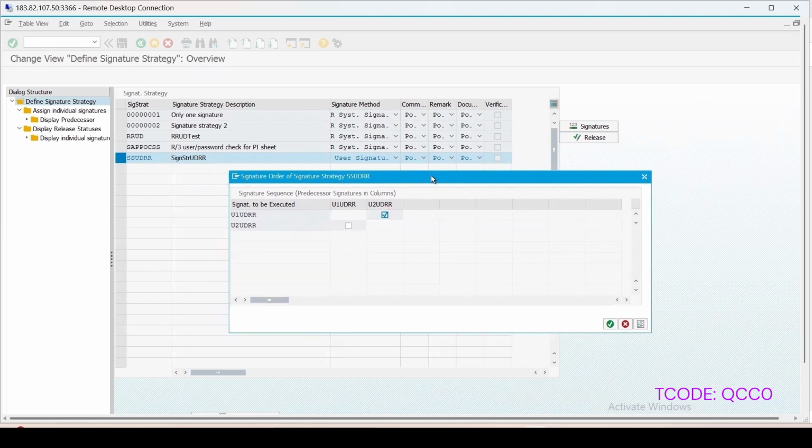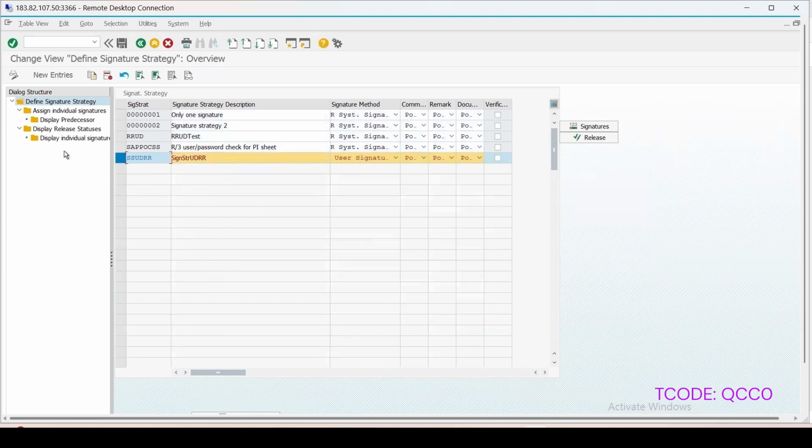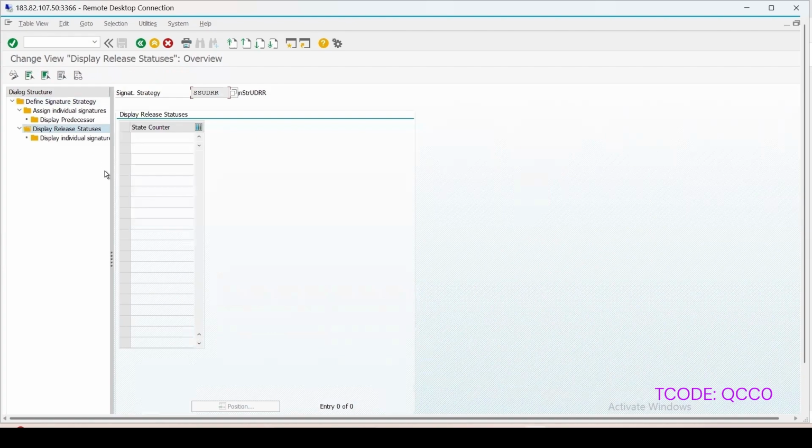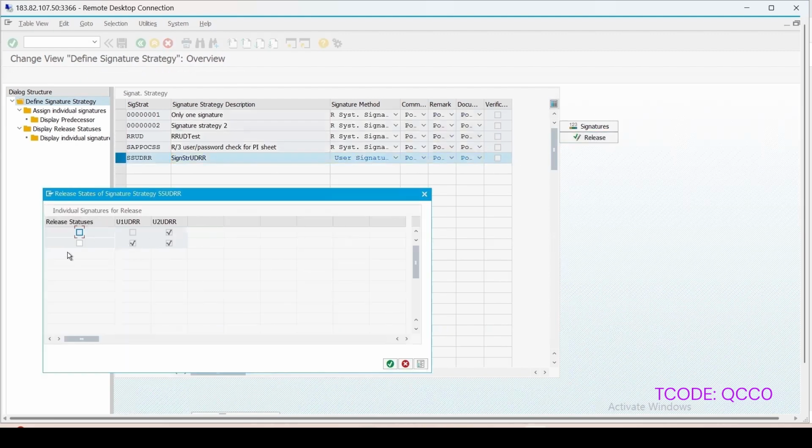Whatever is the order, with the help of the Basis team, you can make these configuration settings. The release strategies also, even that you can maintain if required, or even here also, if I click on release strategies, what release strategy you want to use.